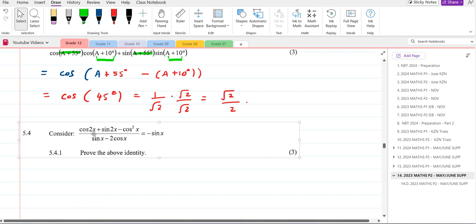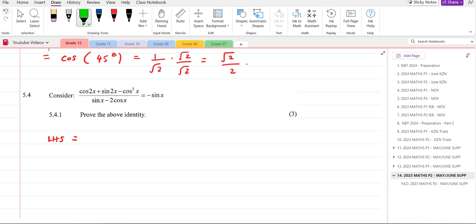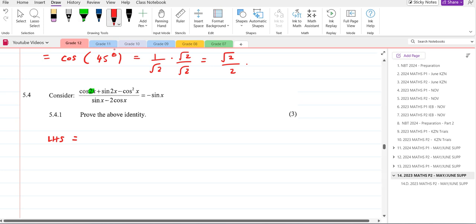Consider (cos 2x + sin 2x - cos²x) over (sin x - 2 cos x). Prove the above identity. Now the left hand side is equal to, because we have cos 2x, expand the double angle in terms of cos and sine, because we have sine here as well. So I'm going to say this is cos²x minus sin²x. For the sine double angle, I don't have a choice, it's 2 sin x cos x, and the last one is just negative cos²x,